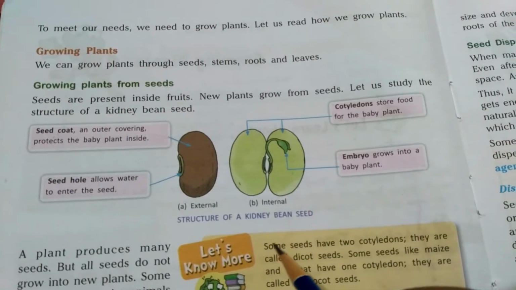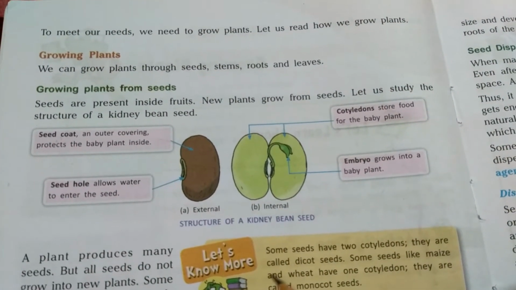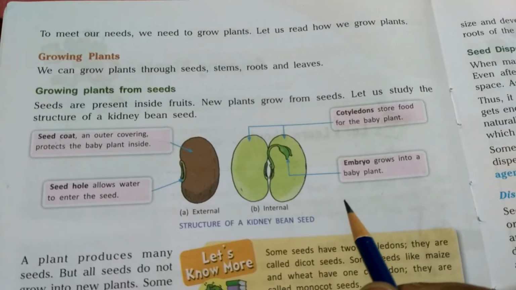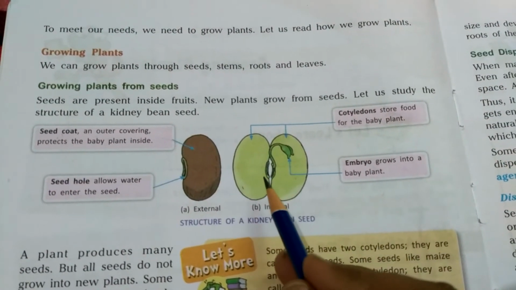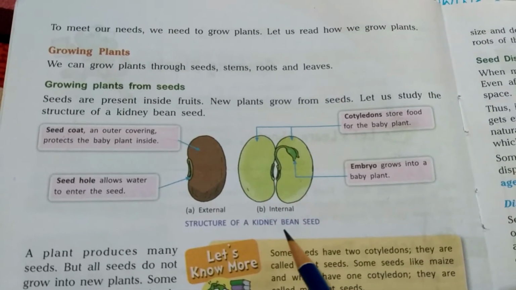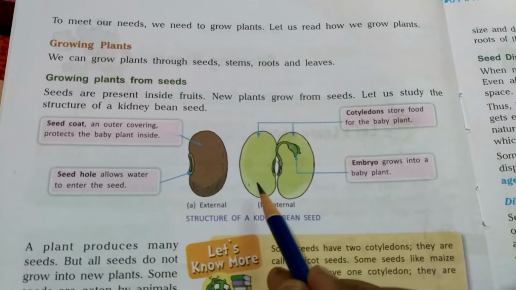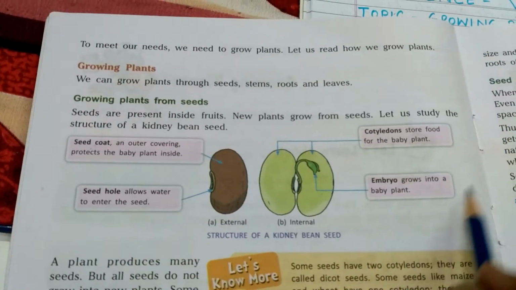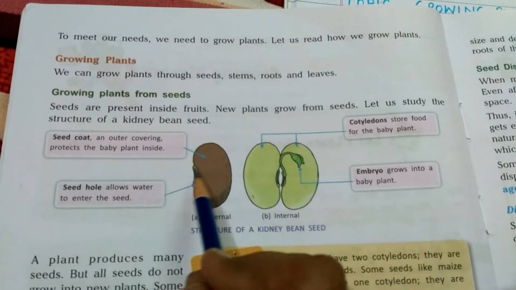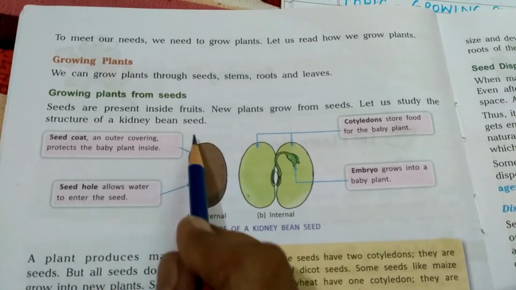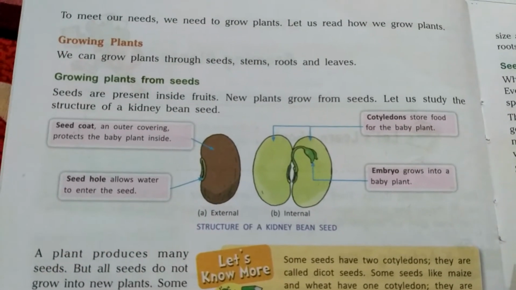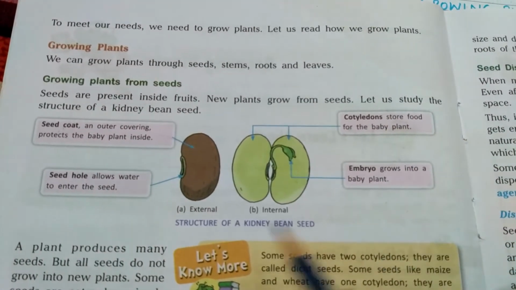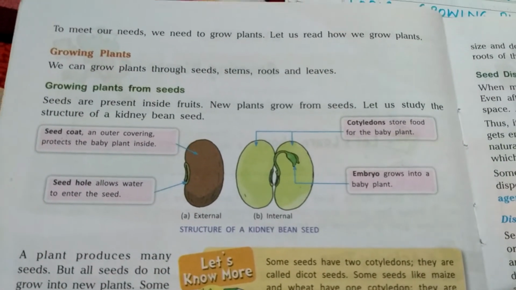I remember Hitesh Rana has drawn the diagram of, I think, a kidney. No, the diagram of the human kidney is not to be drawn. It is a kidney bean seed. Its shape is like our kidneys, the organ. That's why its name is kidney bean seed. So this complete diagram you have to draw along with these labelings, this pink color labeling. Draw the diagram neat and clean with a sharp pencil, and write all these labels and names also. Then only your diagram will be completed.